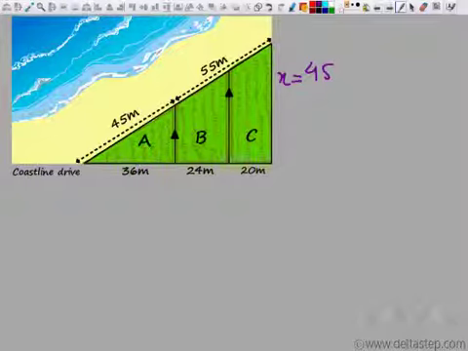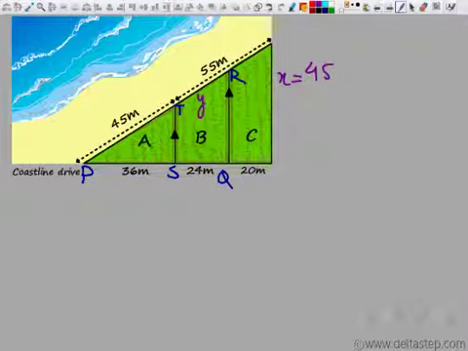Now what I need to find is y, which is the distance along plot B, which is next to the ocean. Again, to find y, I can apply BPT. Look at this small triangle. Let's name this triangle as PQR, which is a small triangle. And let's say this side is ST. So again, if I apply BPT in PQR, you can see that ST is parallel to QR. So PS by SQ should be equal to PT by TR if I apply BPT here.